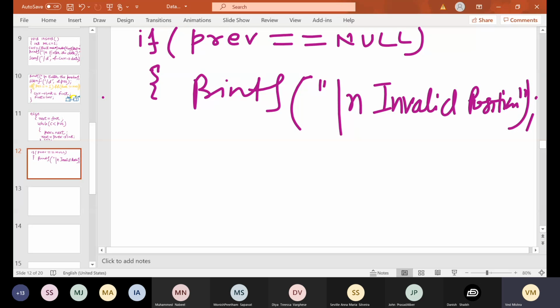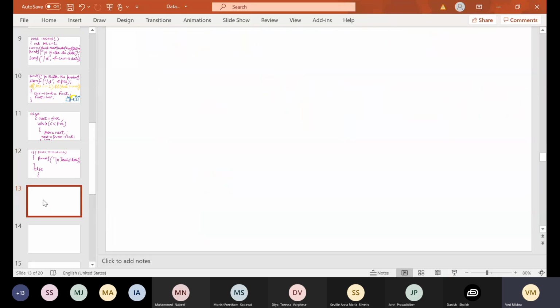Invalid position, isn't it? Else, meaning if you are inserting as a last node, else starting bracket current link equal to previous link,